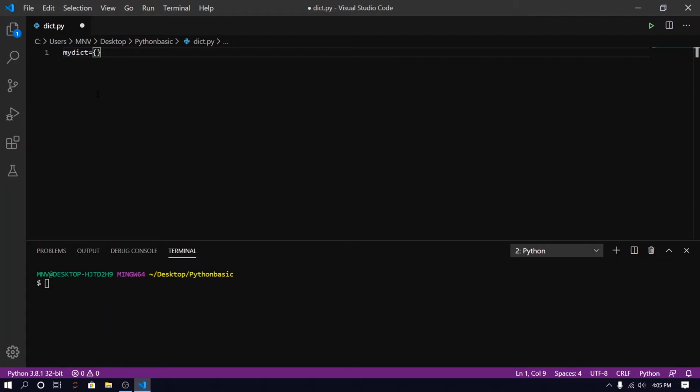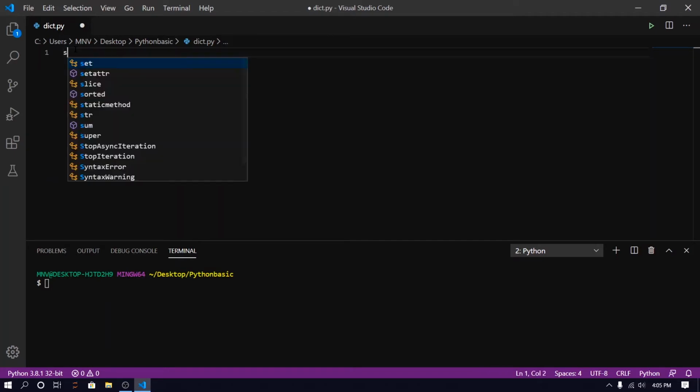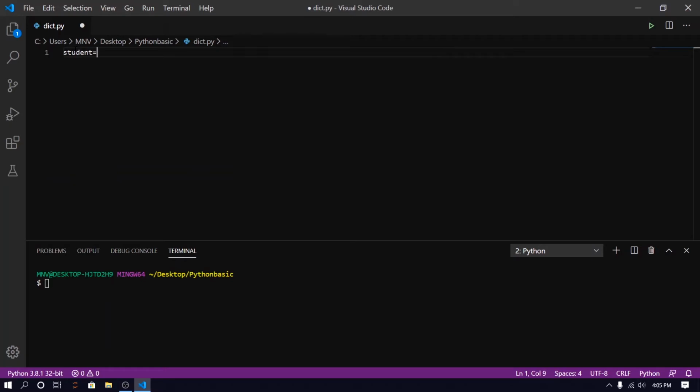For example, here we create one variable that is called student. Now we want to store the roll number of the student, so we create one string, roll number, and then a colon and after that the roll number of the student, for example 21.